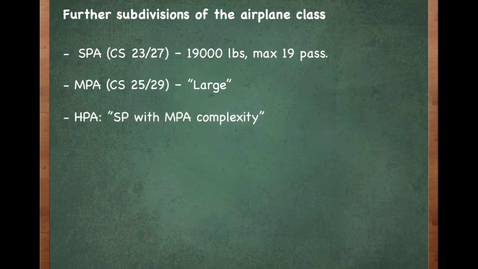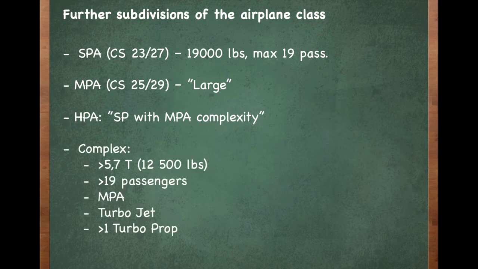High-performance airplanes are airplanes that may be flown by a single pilot but are similar in performance or system design to those airplanes categorized as a multi-pilot aircraft. Complex airplanes are airplanes with a maximum takeoff mass above 5,700 kilos or that carry more than 19 passengers, or are categorized as a multi-pilot airplane, or that are powered by a turbojet engine or more than one turboprop engine. You'll graduate from your PPL course